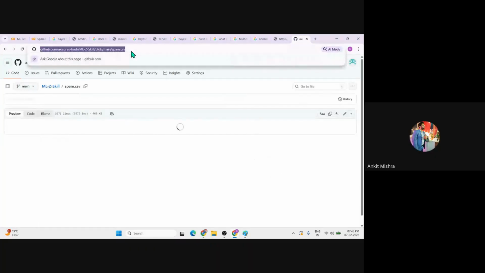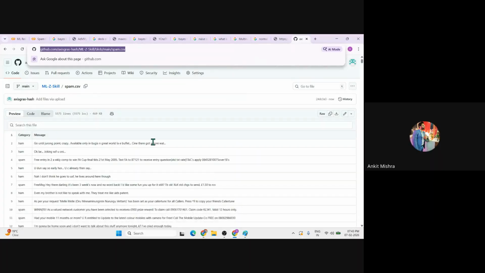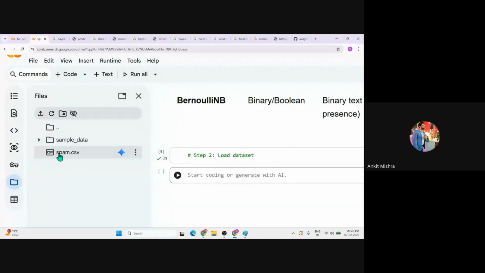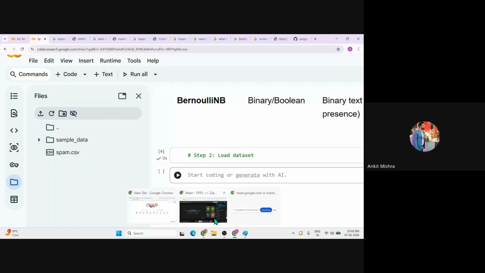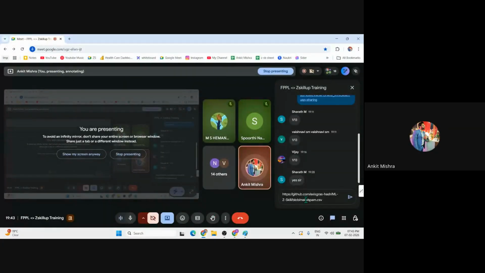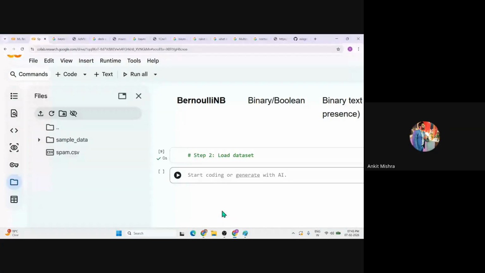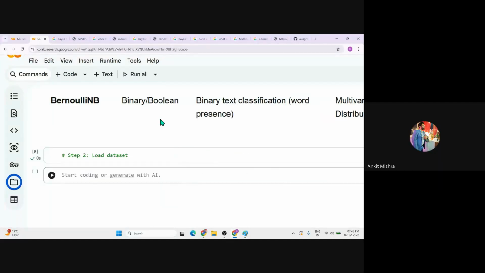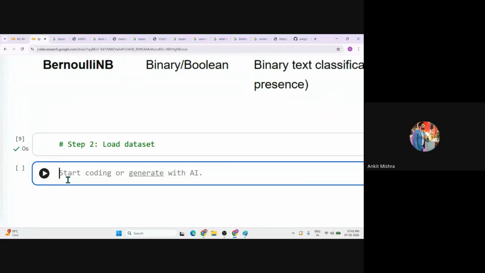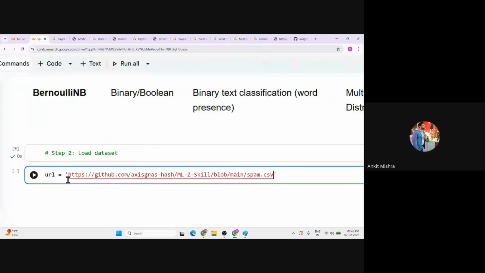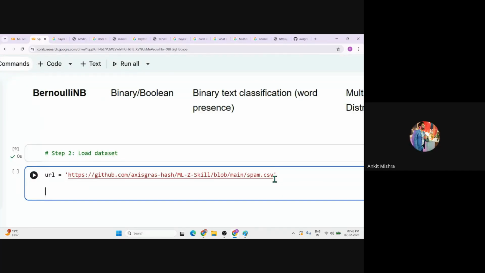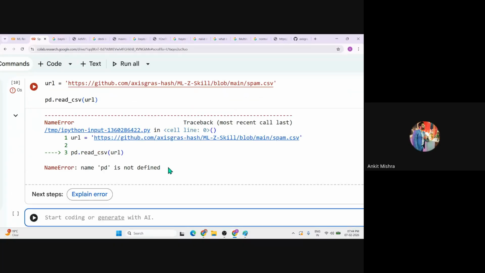You can take a reference of this CSV data instead of directly calling it from Google Colab. Let me share this screen and you can use it parallelly as well. Instead of using this data, let me use the GitHub one so that you can also repeat the same steps. The dataset URL is this one. Because the data set is in CSV format, you can use pd.read_csv and simply give the URL.